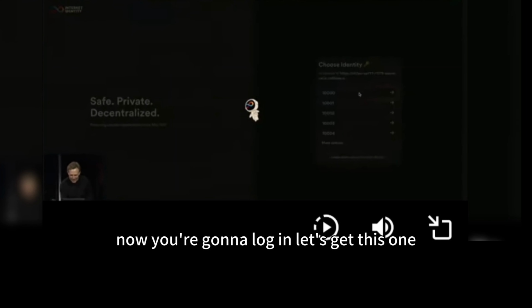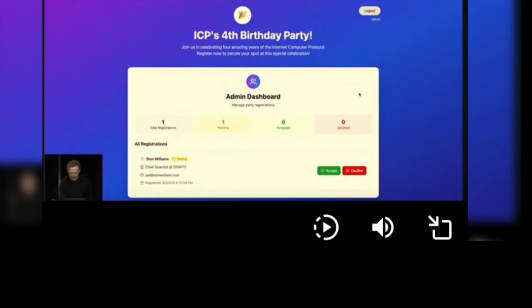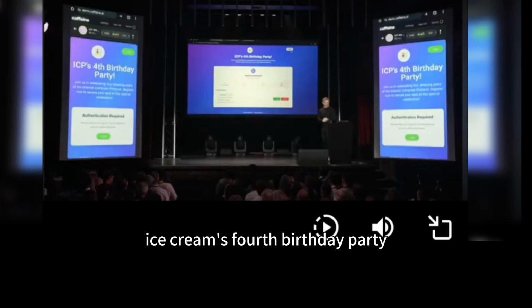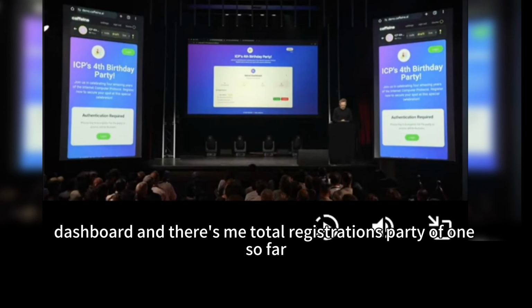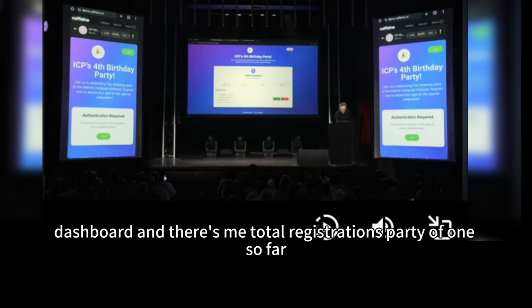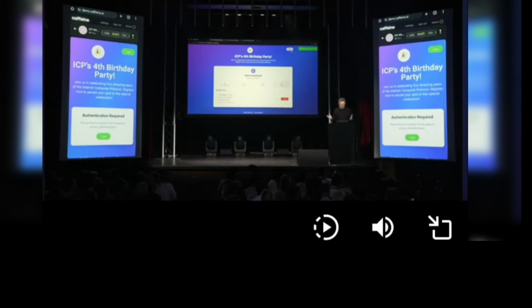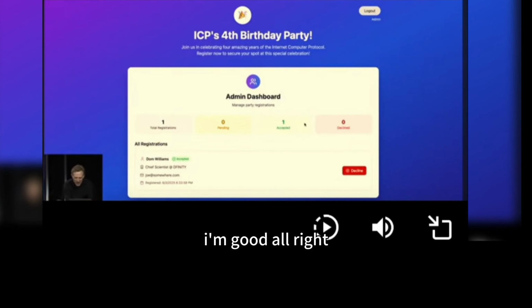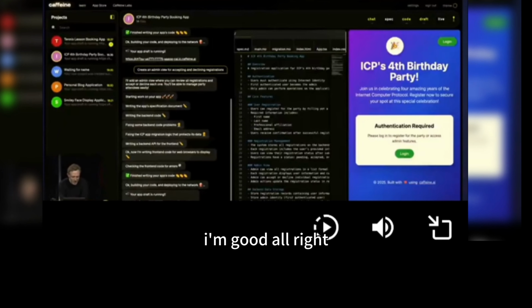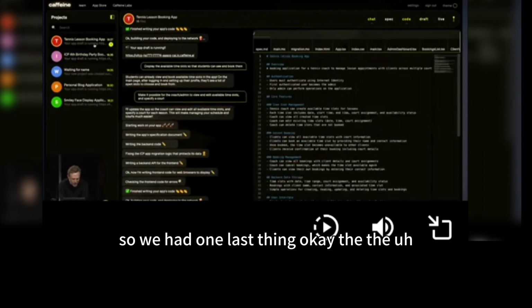Let's go in this one. ICP's 4th birthday party dashboard. And there's me, total registrations, party of 1 so far. I'll accept and see if it brings me in.